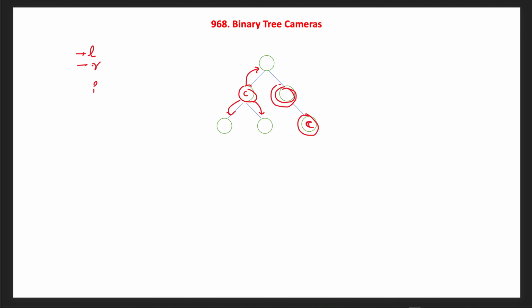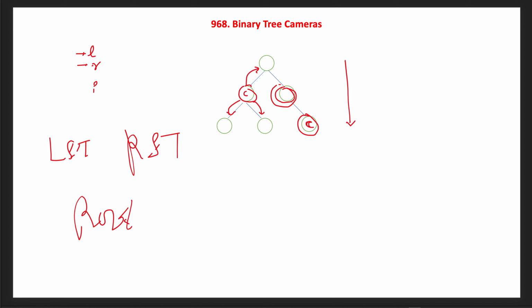You could pass it through separate variables, but another way is that we go depth first until the leaf nodes by following the left subtree, then the right subtree, and after that the root node. This is called post-order traversal. So we will use the post-order DFS traversal in this tree.